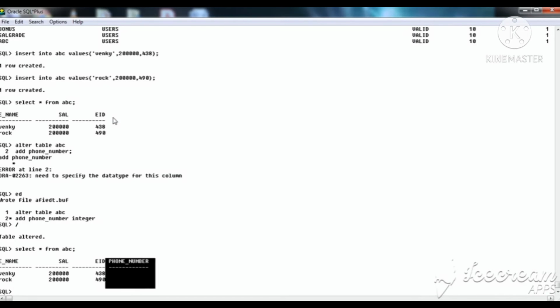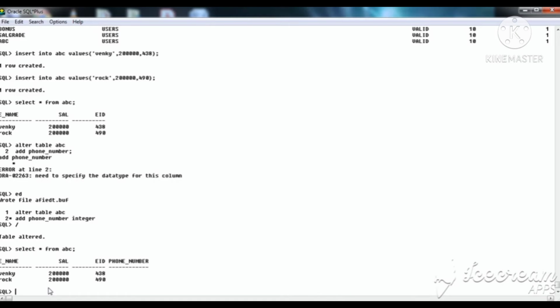Before that there was no phone number column. After using the alter command, the phone number column is added. This is the syntax for the alter command, alter table ABC, add phone number. This is the syntax. We will add one more column. If you want to add values, you need to add values.